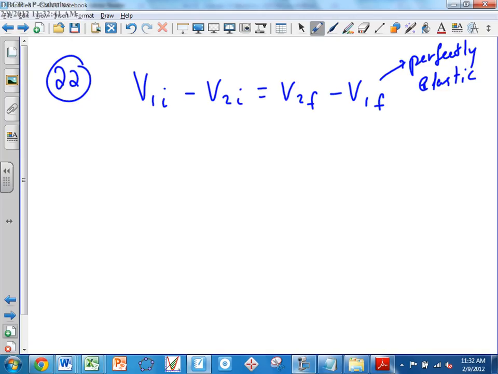Very good. Guys, write this stuff down in your notes, please. You should already have it there. When we combined momentum and energy that day, we looked at momentum and energy and we got this formula. This is where it comes from when you balance energy and balance momentum. The second formula you're going to use here